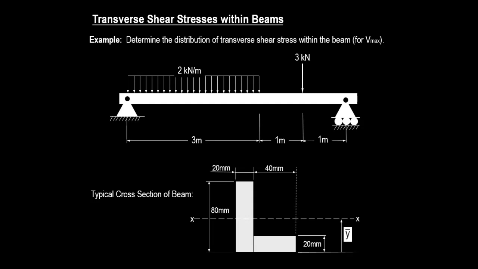Let's summarize the steps first. Here, the question is, I want to find the maximum stress inside a beam. This is just a simple beam. What I need to realize is that the maximum shearing stress is not the only stress. There is also a normal stress. So eventually, you not only have to find the maximum shearing stress, you have to find the maximum bending stress and compare which one is larger. Having said that, this exercise is just for finding the maximum shear stress. So the first step is,